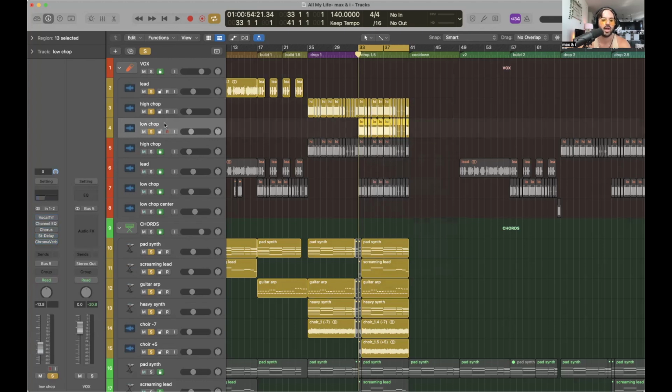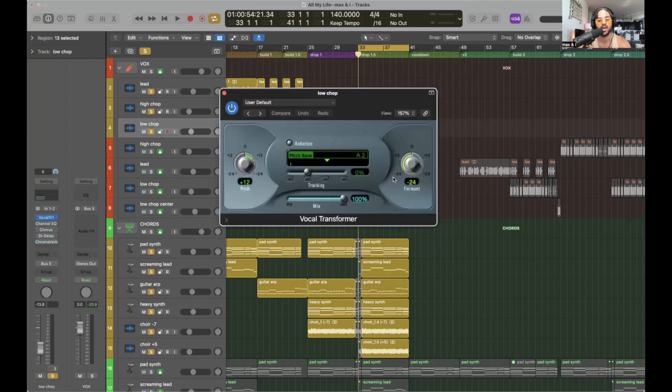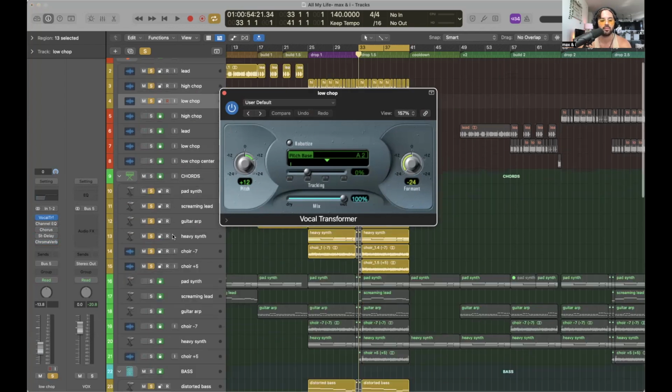We want to go ahead and start with our vocal transformer. So same thing, we can leave some of the plugins on here. If you guys copied your high chop track, that's fine. We're just going to edit it a little bit. So first of all, we have our vocal transformer. Now, what I did differently for this one was I only pitched it up 12, but I played with the formant. So if we want to listen back,